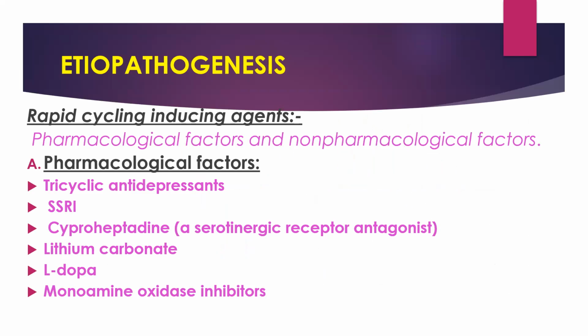Now we'll come to the etiopathogenesis of rapid cycling: pharmacological factors as well as non-pharmacological factors. The pharmacological factors consist of drugs such as TCAs, SSRIs, cyproheptadine, lithium carbonate, L-dopa, or monoamine oxidase inhibitors. Now, second is the